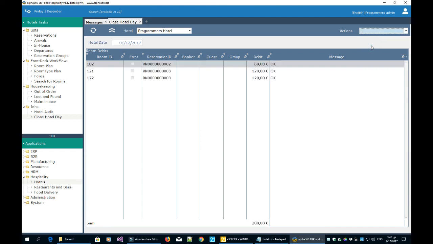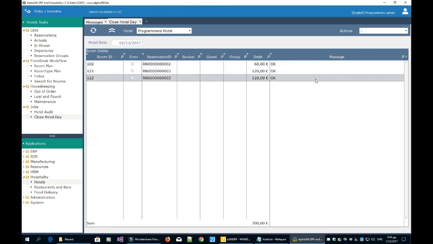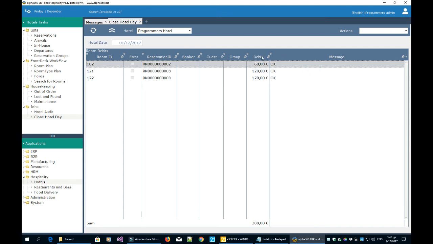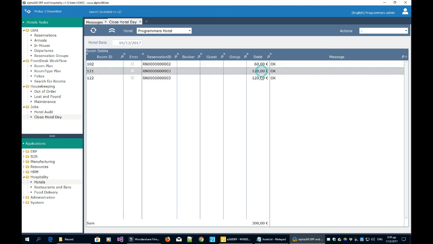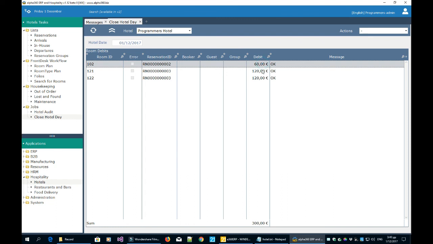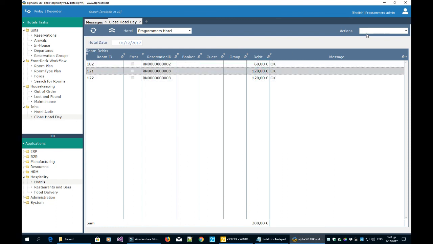Let's select check hotel closing, and everything is okay. And these are the amounts that are going to be posted to the different folios of our hotel model. Let's go on and do the close hotel, and everything is okay. What could have gone wrong